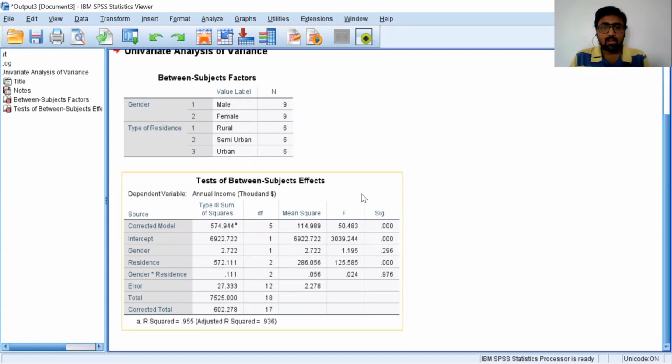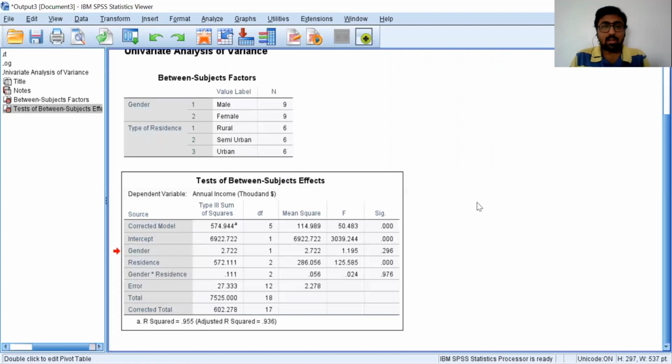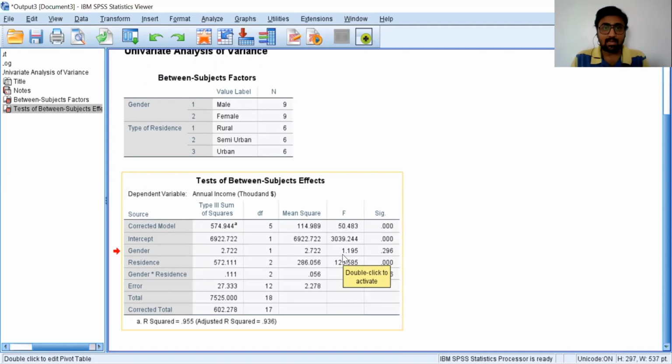This is two-way ANOVA table. Now we are interested in examining the effect of gender and residence on the income separately and simultaneously both. So this gender row shows the effect of gender on income separately.